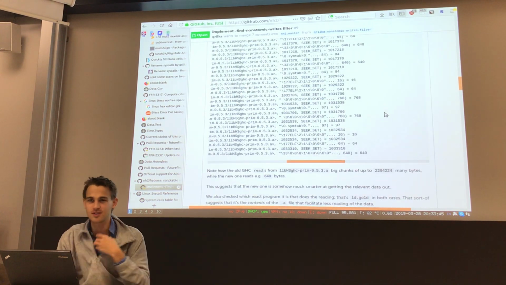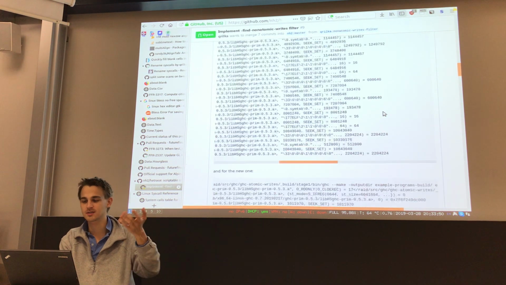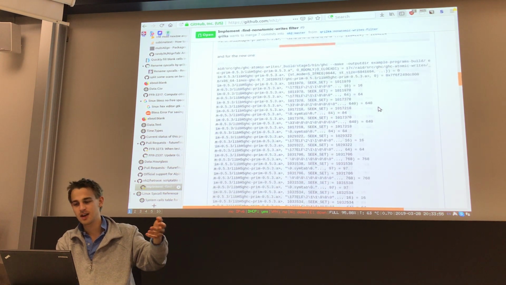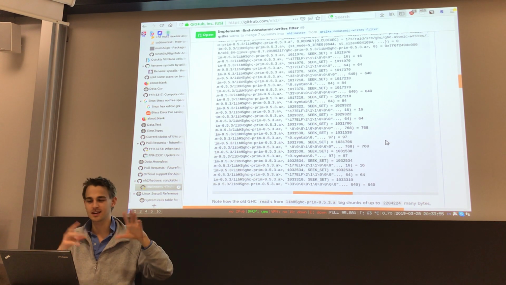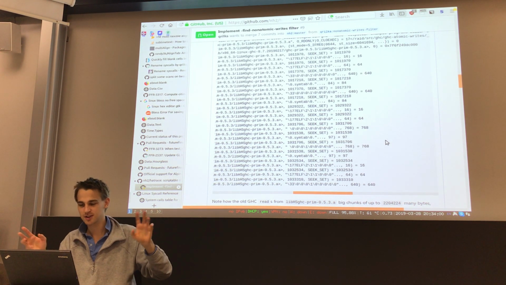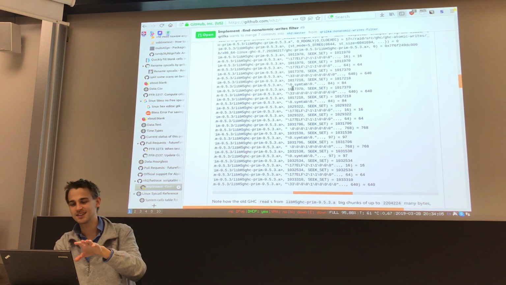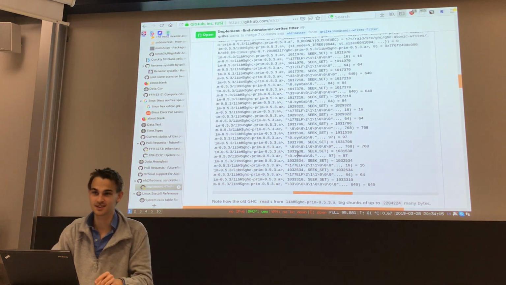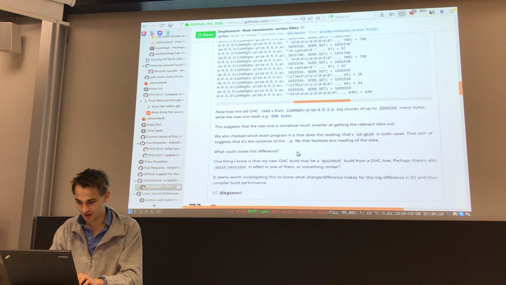I am not sure yet whether this is an actual improvement or comes from the fact that the old GHC is something that I installed from a GHC binary distribution, and this is something that I built myself, perhaps with some different options, so maybe split objects or split sections is on or whatever. That is another thing that could be investigated in detail. Maybe then we find one reason why linking takes forever with Haskell, but another thing that we found on the side